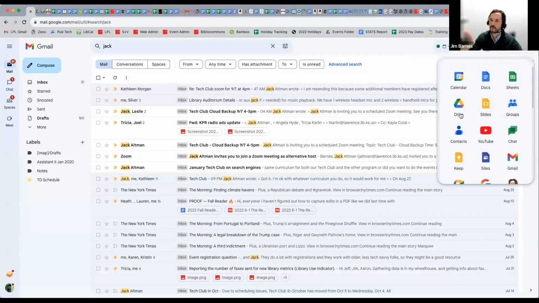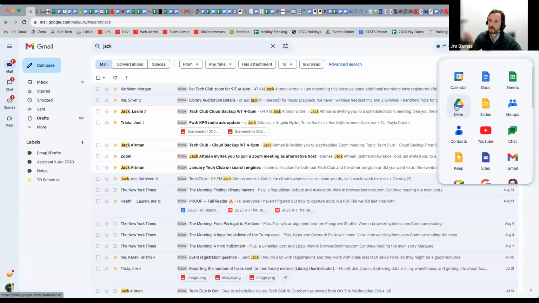And so these are all free services that are included with your Gmail and your Google Workspace account. So you have a calendar, you have Google Docs, which basically competes with Microsoft Word. You have Google Sheets, which competes with Microsoft Excel. Google Drive, there's the Drive icon I was telling you about if you want to go straight to your cloud storage. Even YouTube is a Google company. A lot of people don't really think about that.